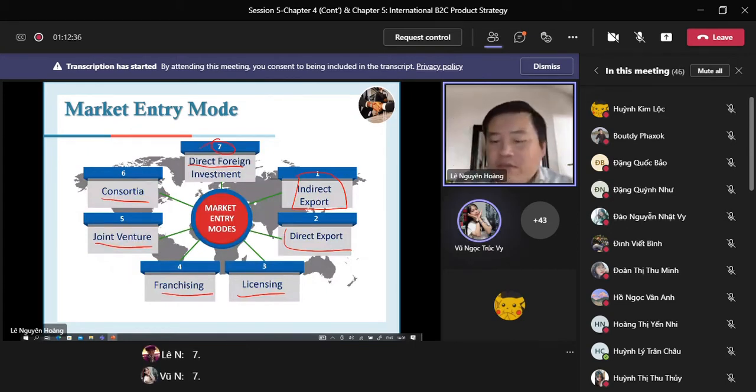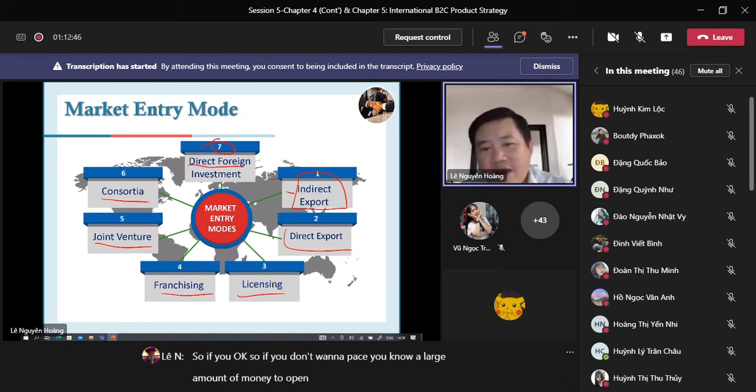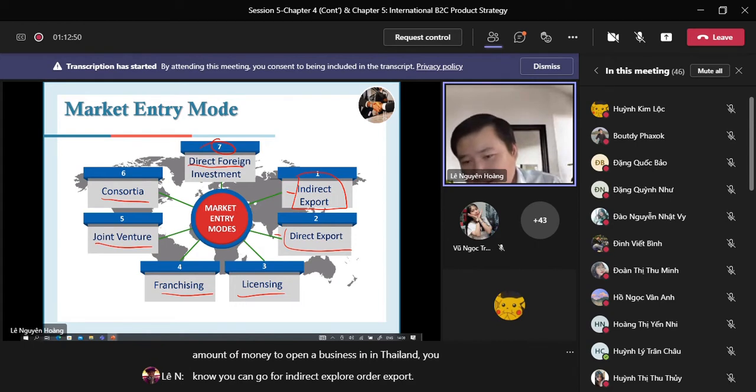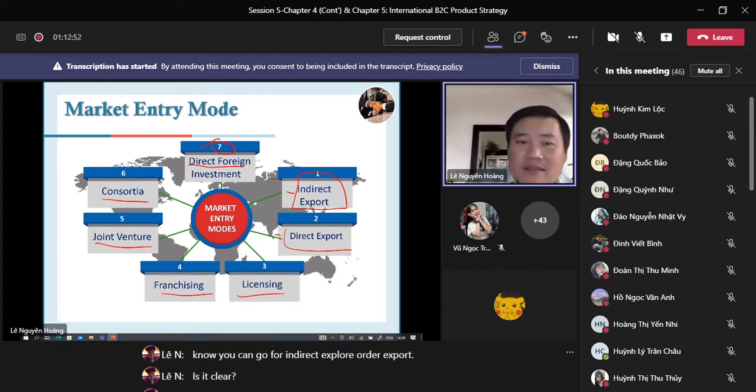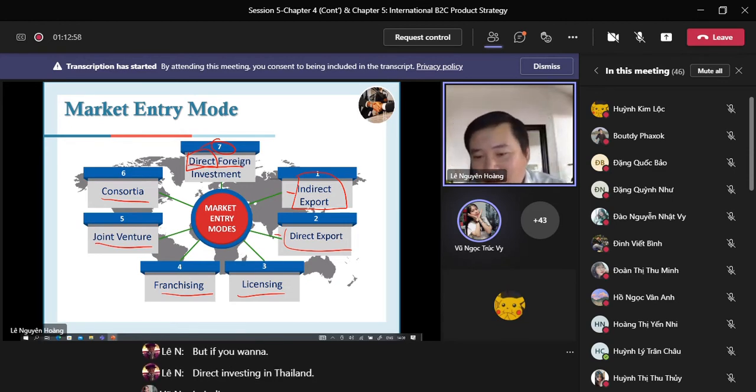So if you don't want to pay a large amount of money to open a business in Thailand, you can go for indirect export or direct export. Is it clear? But if you want to direct invest in Thailand,